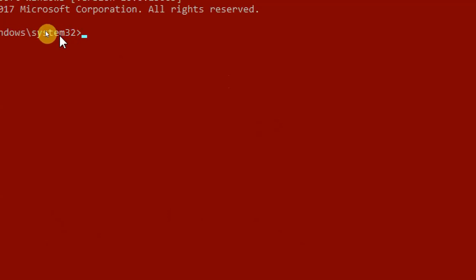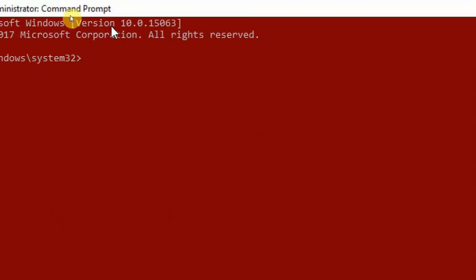First of all, we have to type netsh, then give one space and type wlan, then one more space, then show profile, then give one space, and then type name equals.